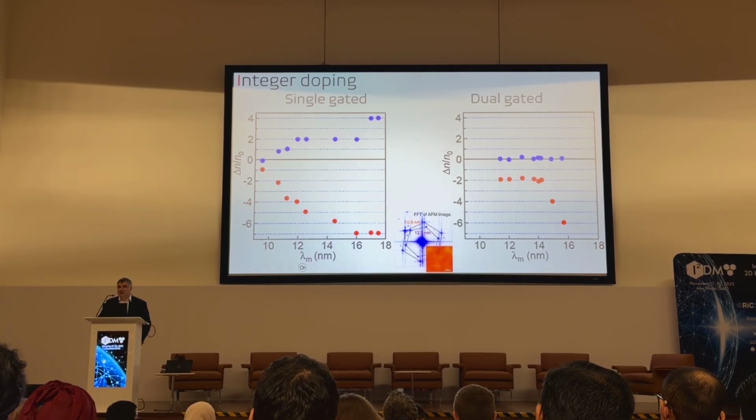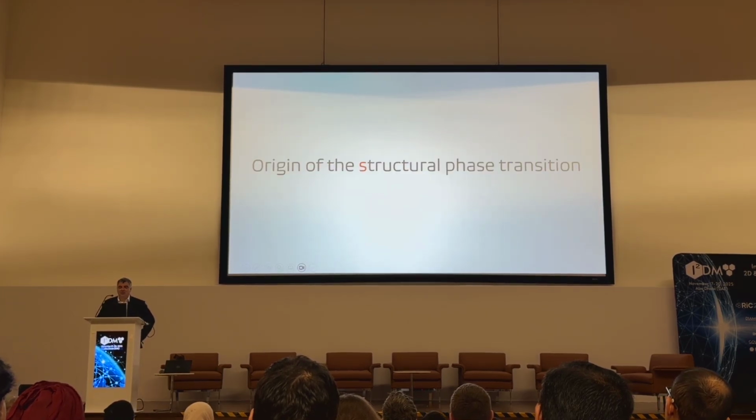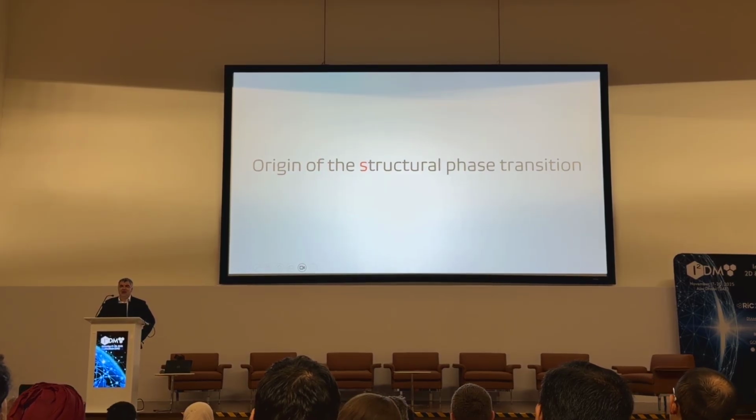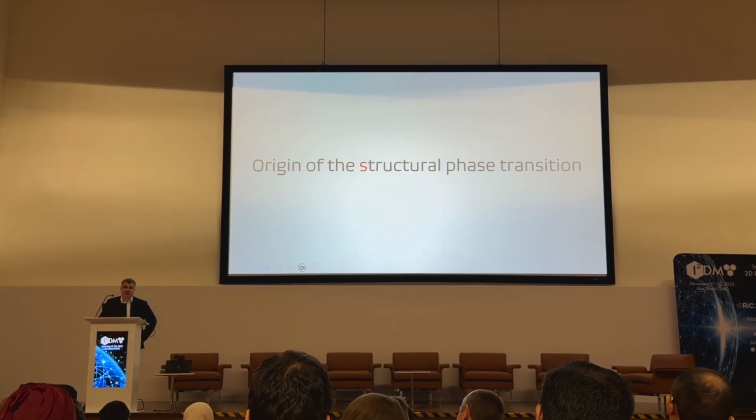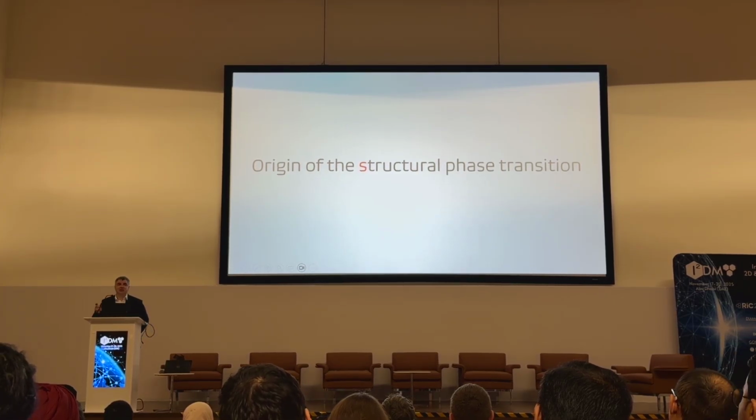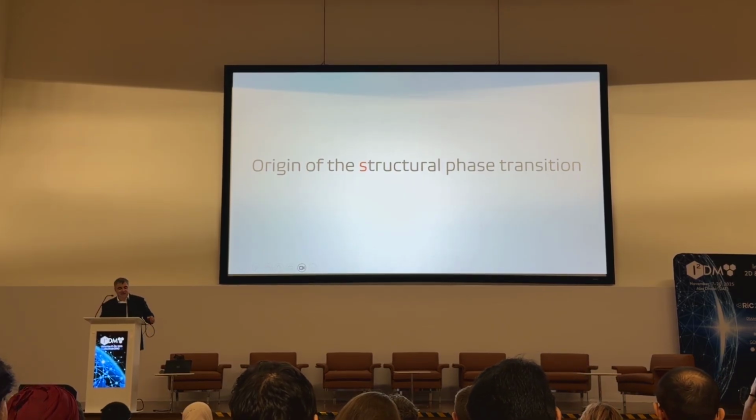But again, it's always an integer number of electrons per Planck head. So now let me give you the answer: what is going on and how can we use it. There are basically two effects. One is the phase transition, and it's a structural phase transition. We are lucky that it's coupled to the electronic one as well, but largely what is behind is the structural